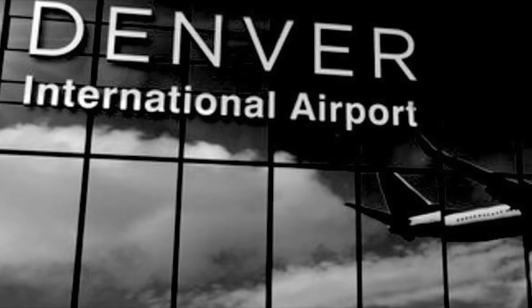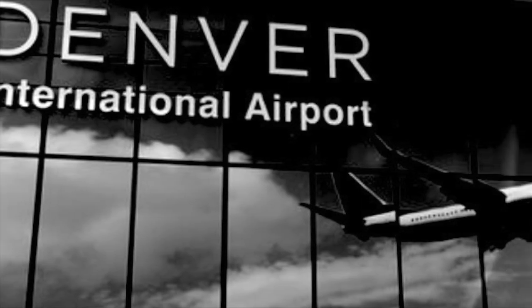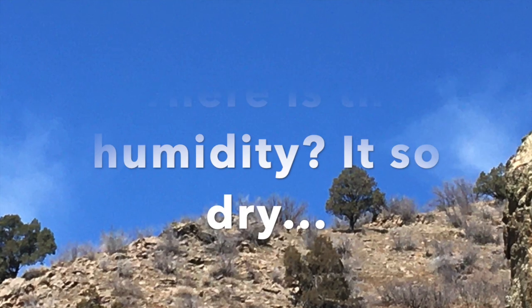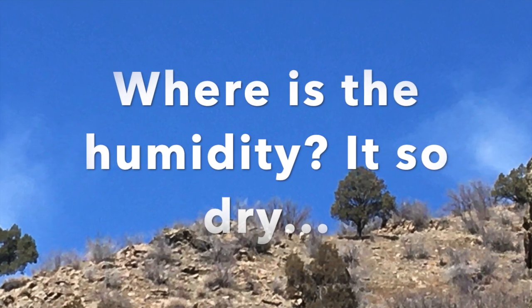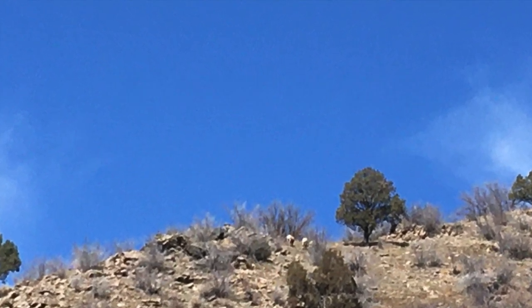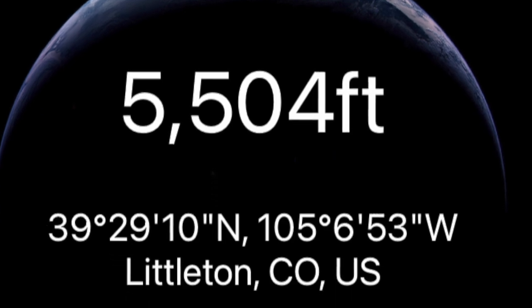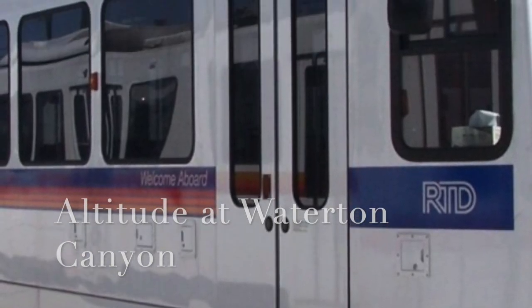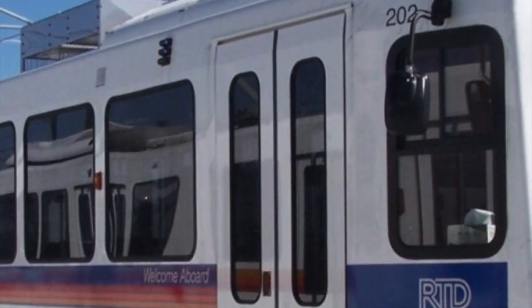If you fly into Denver from either another town in the U.S. or from another country, I highly recommend giving yourself at least a day or two to get acclimated to both the dry climate here in the Front Range and to adjust to the altitude. As far as transportation goes, whether you're heading to lodging or going directly to the trailhead, you have several transportation